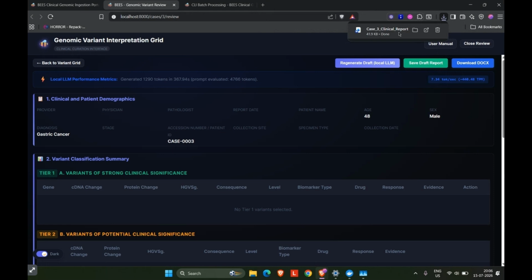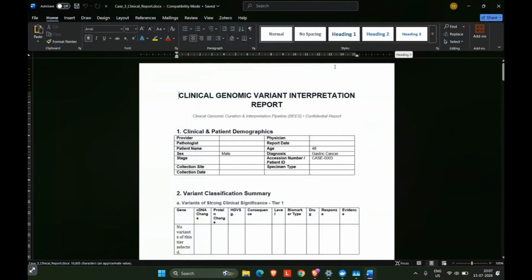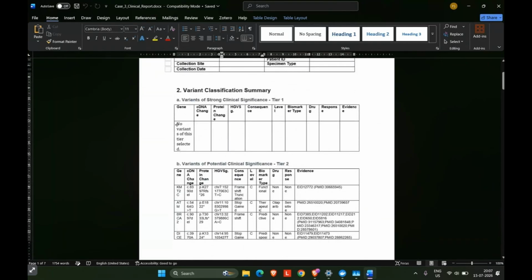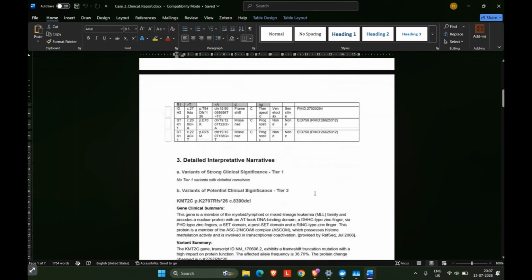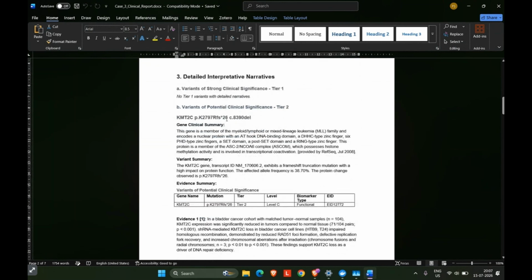Now, very quickly, let's see the report as well. Currently, as this is for short variants and doesn't accept any identifiable information, we have provided placeholders for the end user to change things as well. For example, there were no tier 1 variants detected, so that section goes away. Accordingly, we've got tier 2, a lot of variants in tier 2. And since all tier 2 variants have potential clinical significance, we have a gene